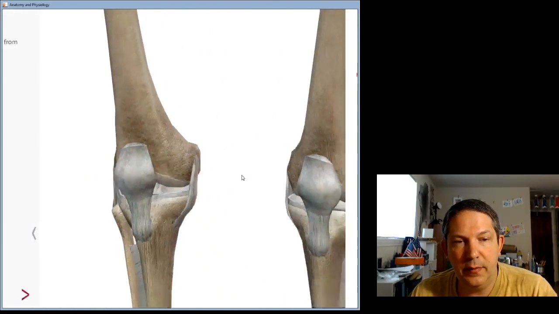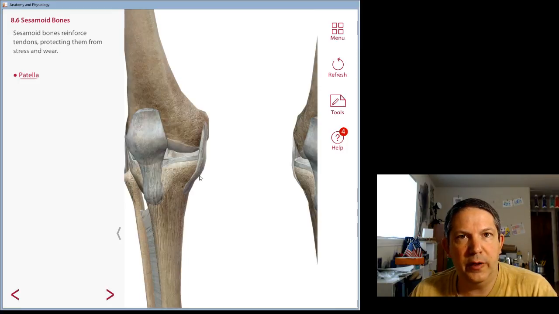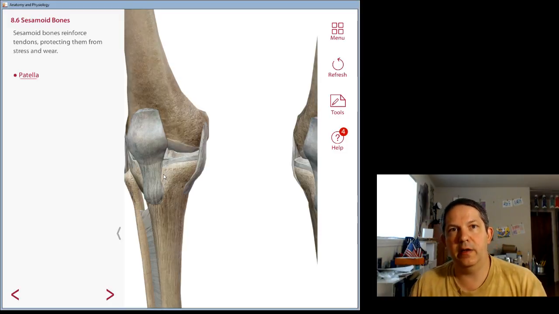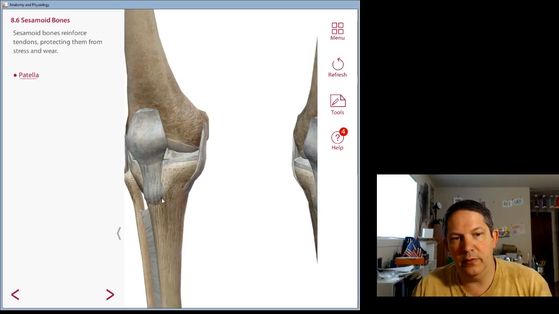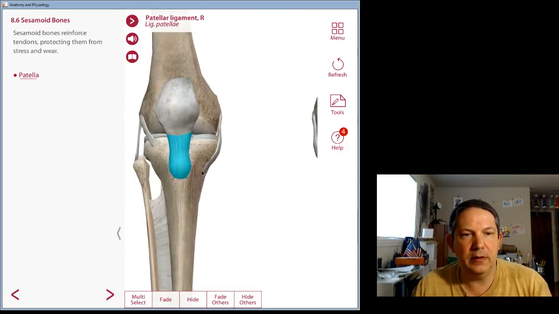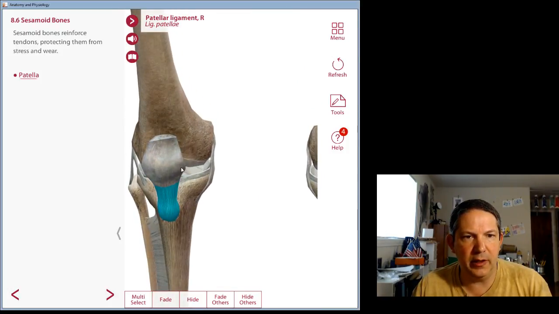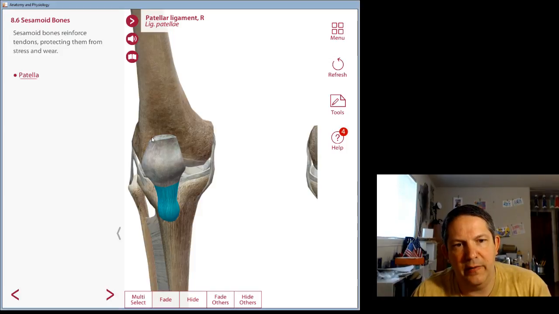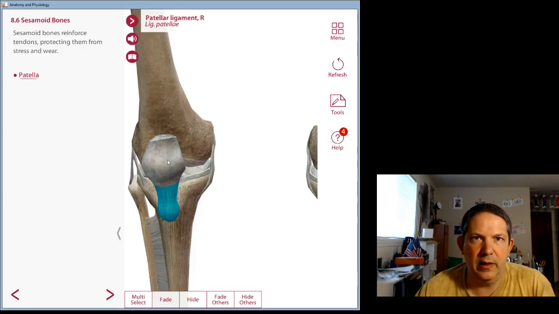Sesamoid bones are reinforcing tendons. So basically, the patella is our example of a sesamoid bone, and you're born without a patella, but you have this tendon going from your quadriceps muscles to this position on the tibia, and so it's called the patellar ligament here because it's going bone to bone, but really it's all part of a big quadriceps tendon if we added the muscles here. And so you're born without it, but you have this big tendon, and the patella forms within the tendon